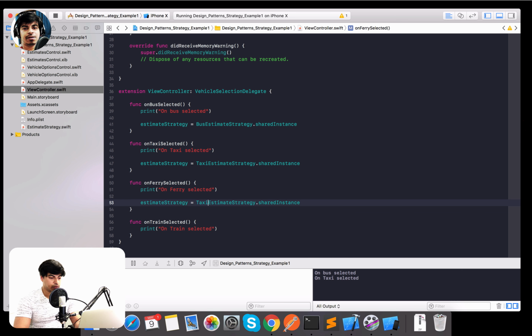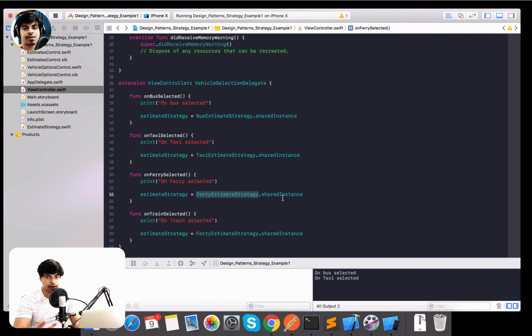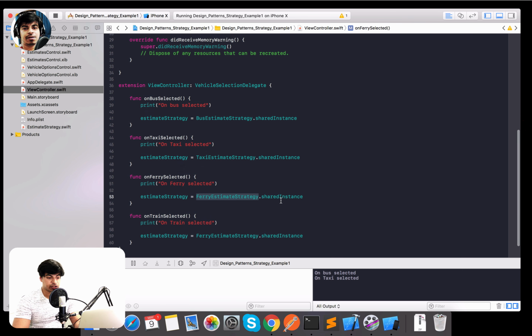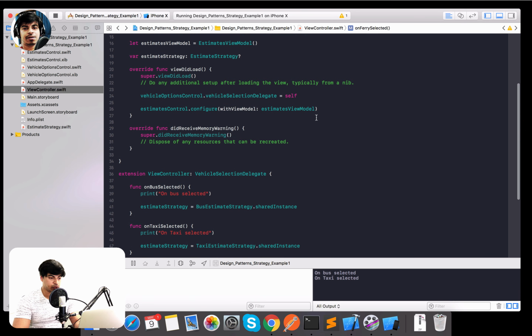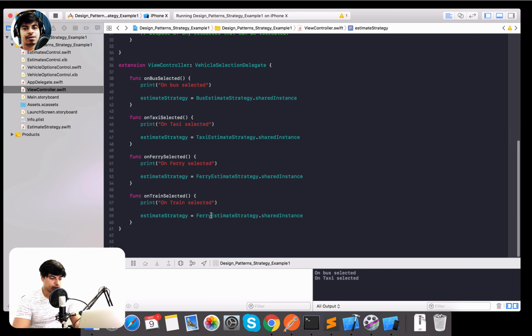So ferry estimate, everything is an estimate object. We are actually programming to the protocol. We will not be calling the estimate directly through this class, but through the protocol here, which is the estimate strategy. So this being ferry, and finally the train. So we have the four strategies now. Based on the selection, the strategy gets selected, and once that is done, all that we need to do is to call the